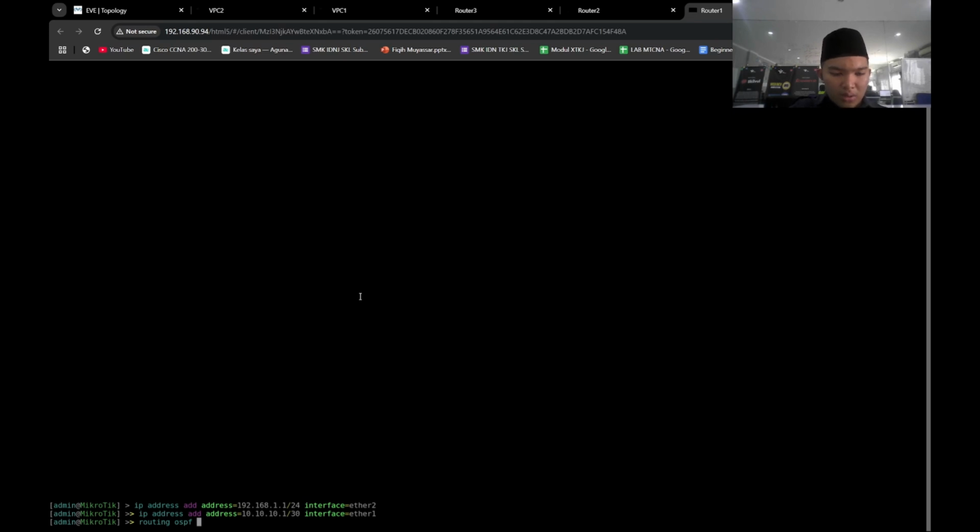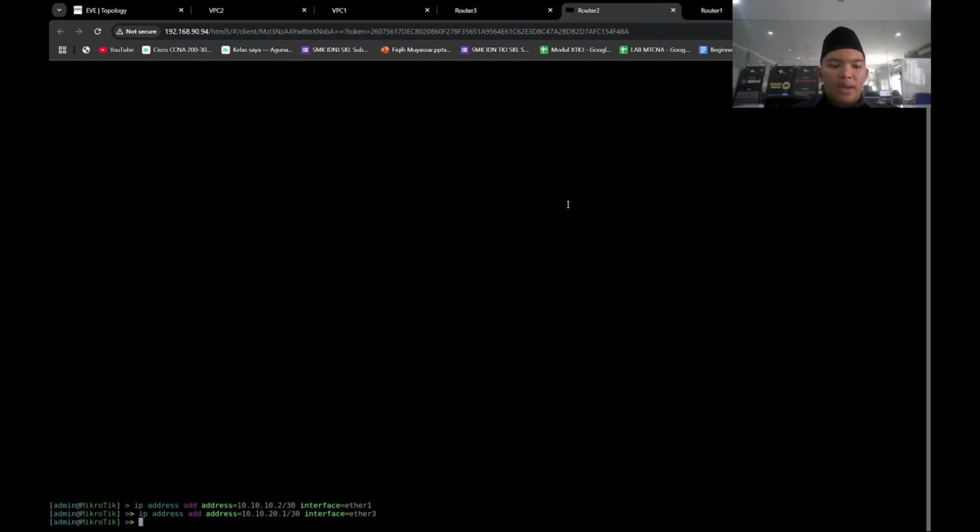Okay, routing OSPF instance, set default router ID, because this is router 1, we're gonna set the ID to 1.1.1.1.